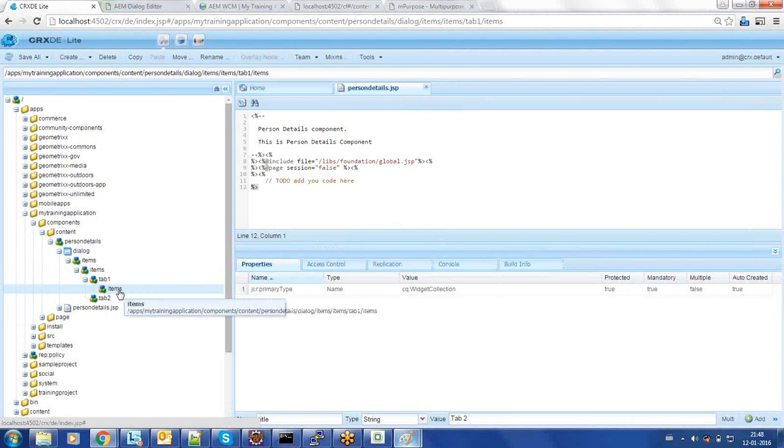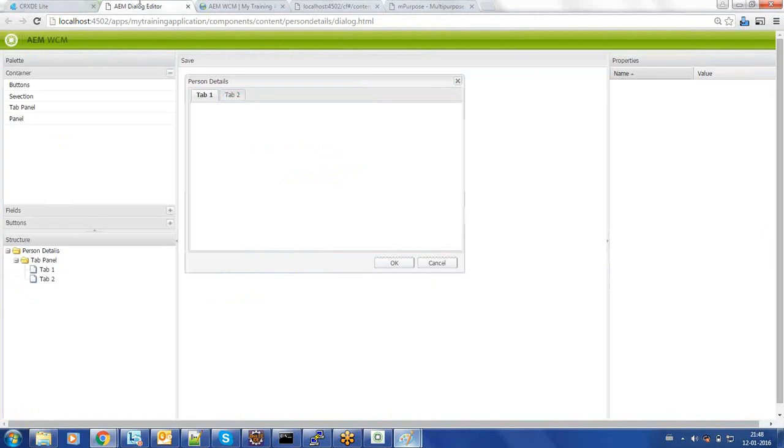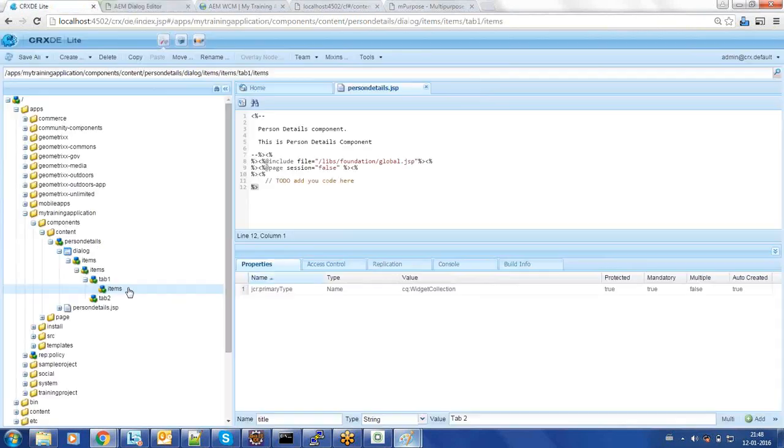This, which in turn will contain, upon creation of this widget collection container node under tab 1, if you refresh, you will get nothing. You will not be able to see anything. But inside, implicitly here, inside tab 1, there is a container. When you add something to your container,